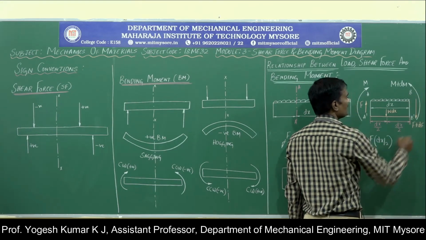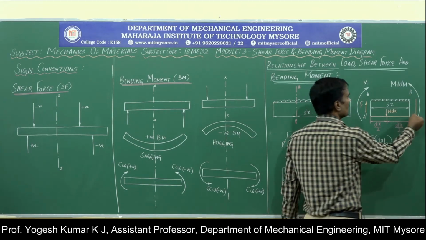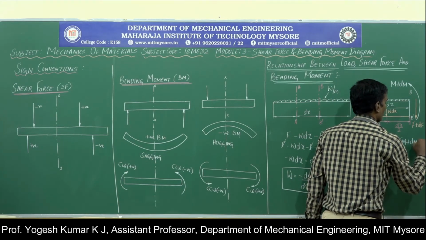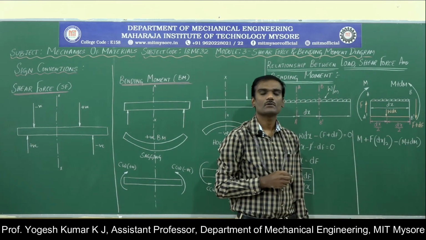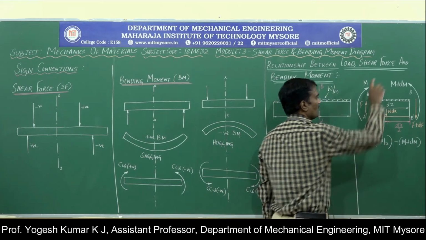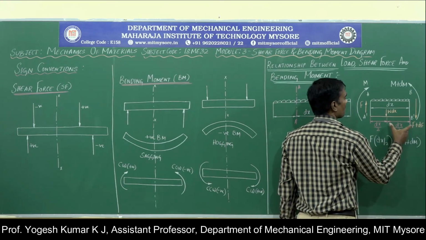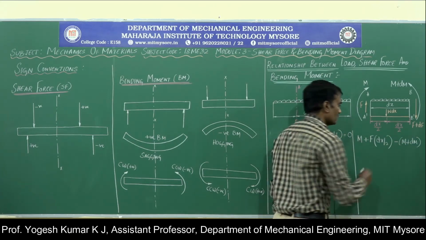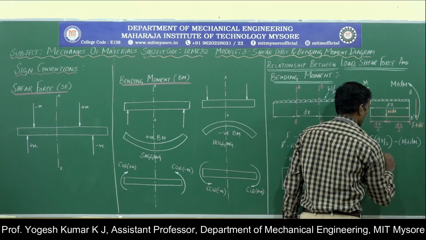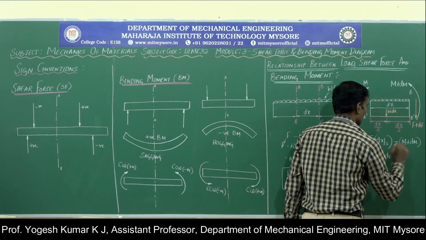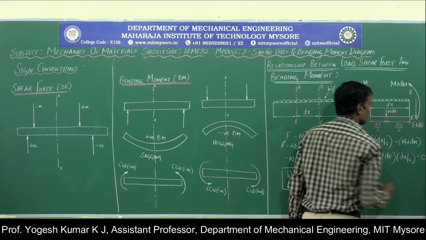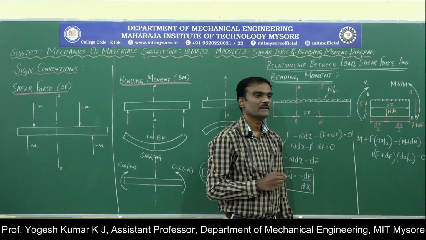Now let us come to the section BB dash. We have a counterclockwise moment. If it is counterclockwise, it is negative. Then we have a force acting downwards. This force into what is the perpendicular distance till the center? dx by 2. So it is producing what kind of effect? It is producing a clockwise effect. F plus dF into the perpendicular distance dx by 2 should be equal to 0.